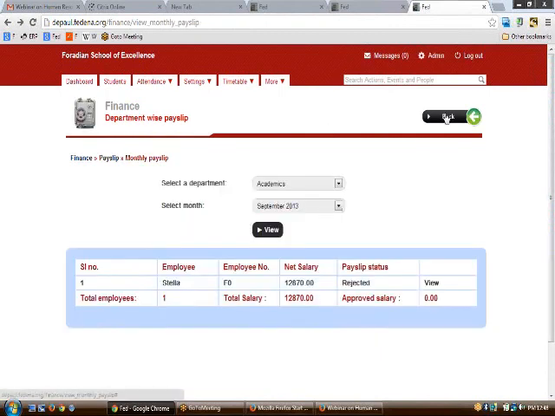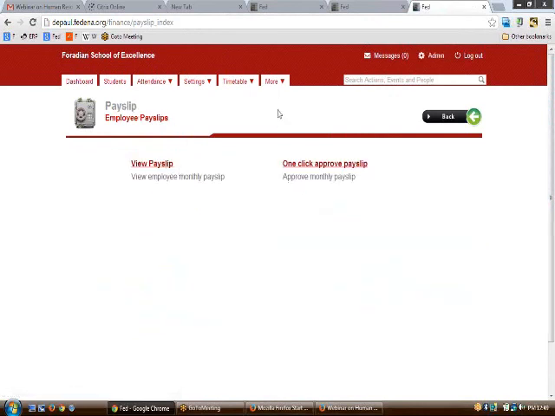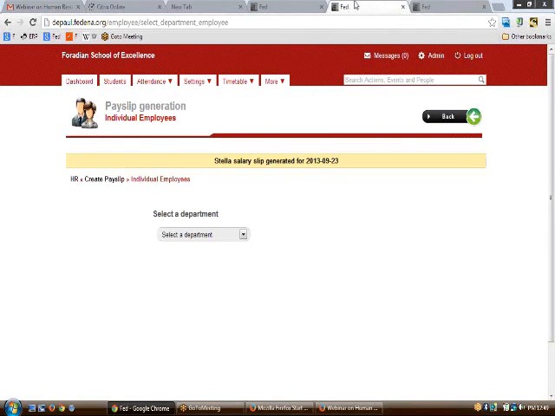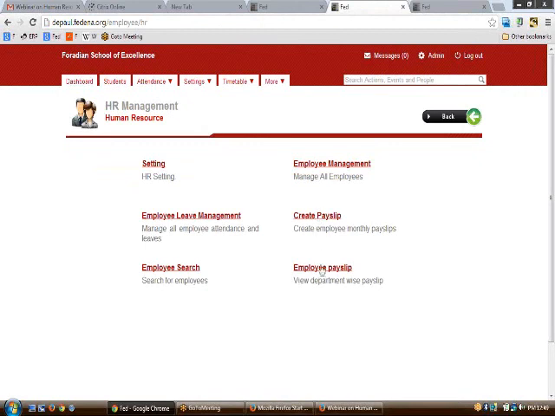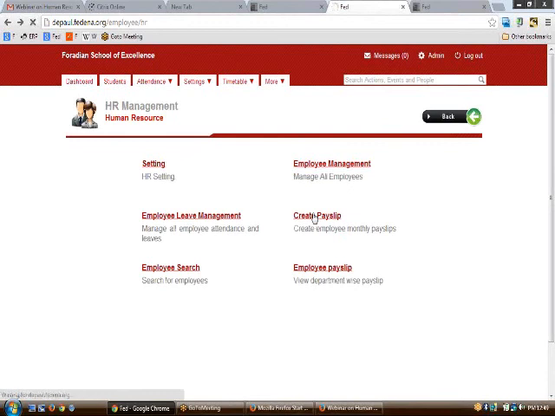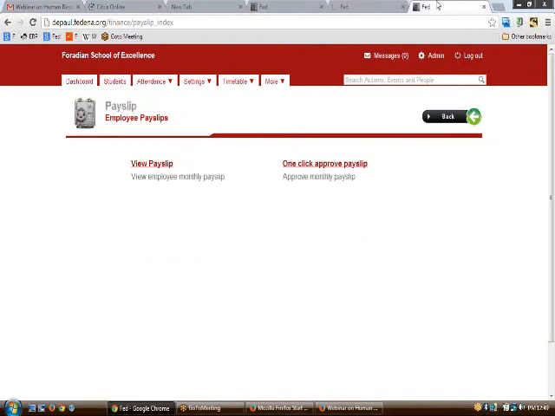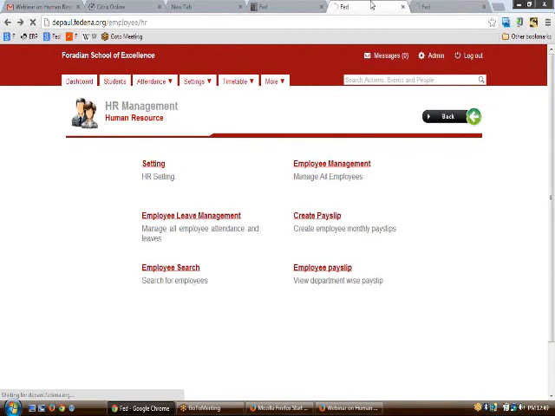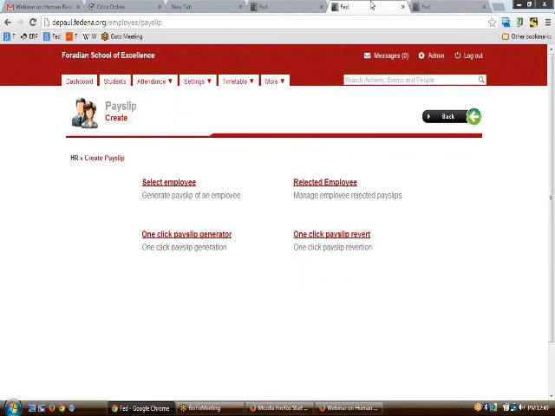So let us say that the proposed payslip for Ms. Stella has been rejected, then that would be available in the rejected employee payslip here. So this is how the payslip can be changed or can be used up.